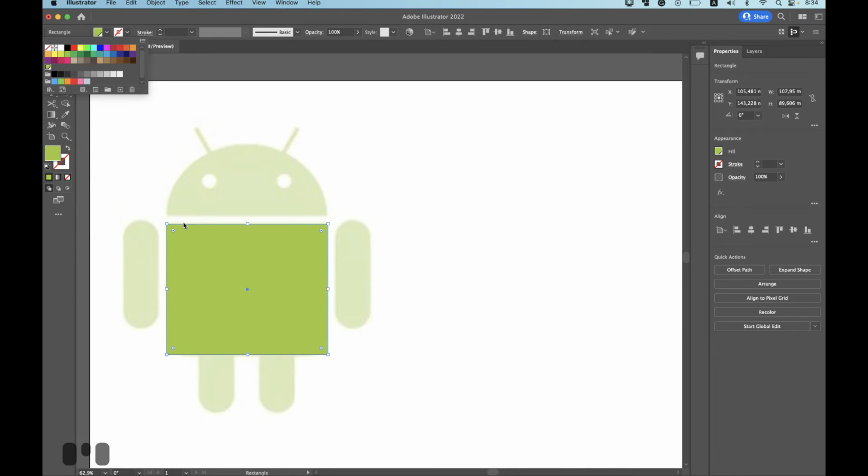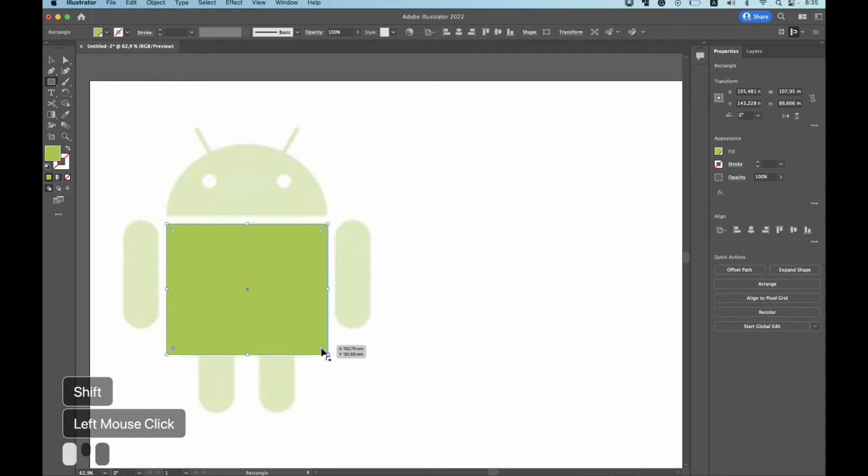Now we need to round the corners, and it's pretty simple. We're just gonna find the circle inside the corner and drag it towards the center. And all the corners around it, but we need only the bottom corners. Let's undo last action, Command or Control Z, and we just click on the first corner, and we're holding Shift, we click on the next corner, and just drag it toward the center. This is it.